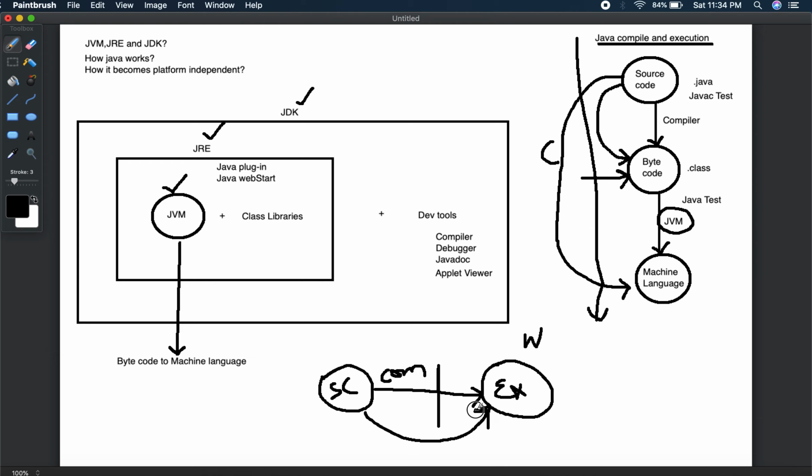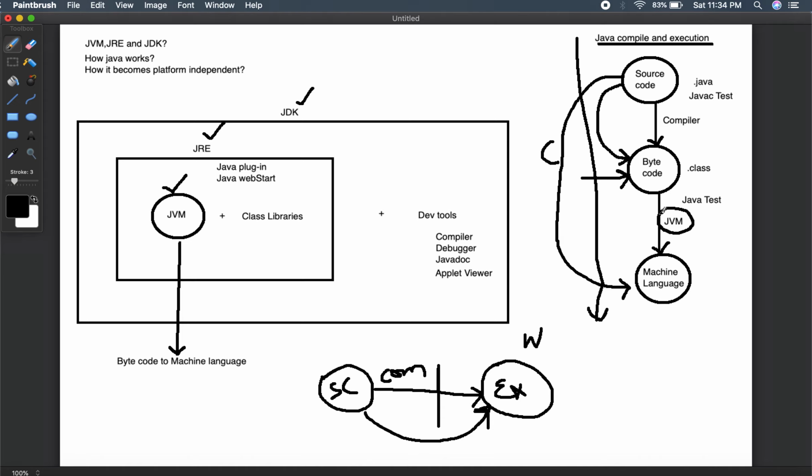That is why the C language is platform dependent, whereas Java has a compiler which generates a bytecode from the source code. This bytecode can be read by the JVM. Since the JVM is platform dependent, it knows how to convert a bytecode. So irrespective of the platform where you compile and create the program, it can be executed on other platforms.